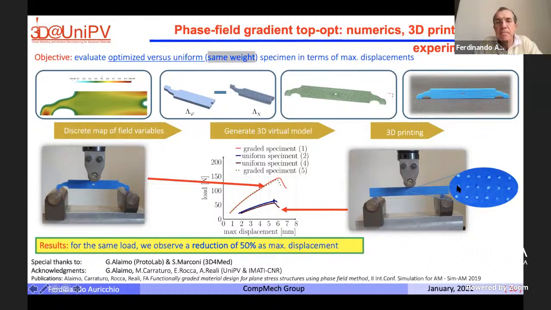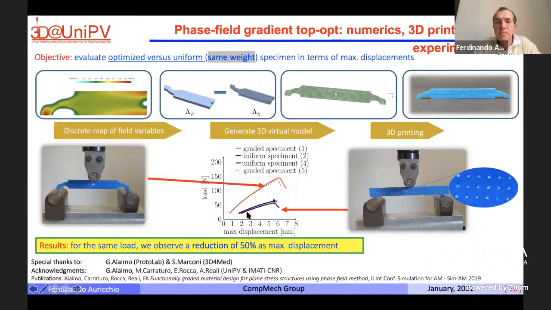Okay, and here, for example, you can see a very interesting result, what I believe is a very interesting result. These two components share the same initial geometry. The one on the left is optimized, the one on the right is non-optimized. The amount of material in the two structures is the same. So here we distribute a certain amount of material in a uniform way, and here we distribute the same amount of material in a non-uniform way. So we get these fancy supports, we get a hole in the middle, and so on. And clearly the distribution of the material is optimized for this loading condition.